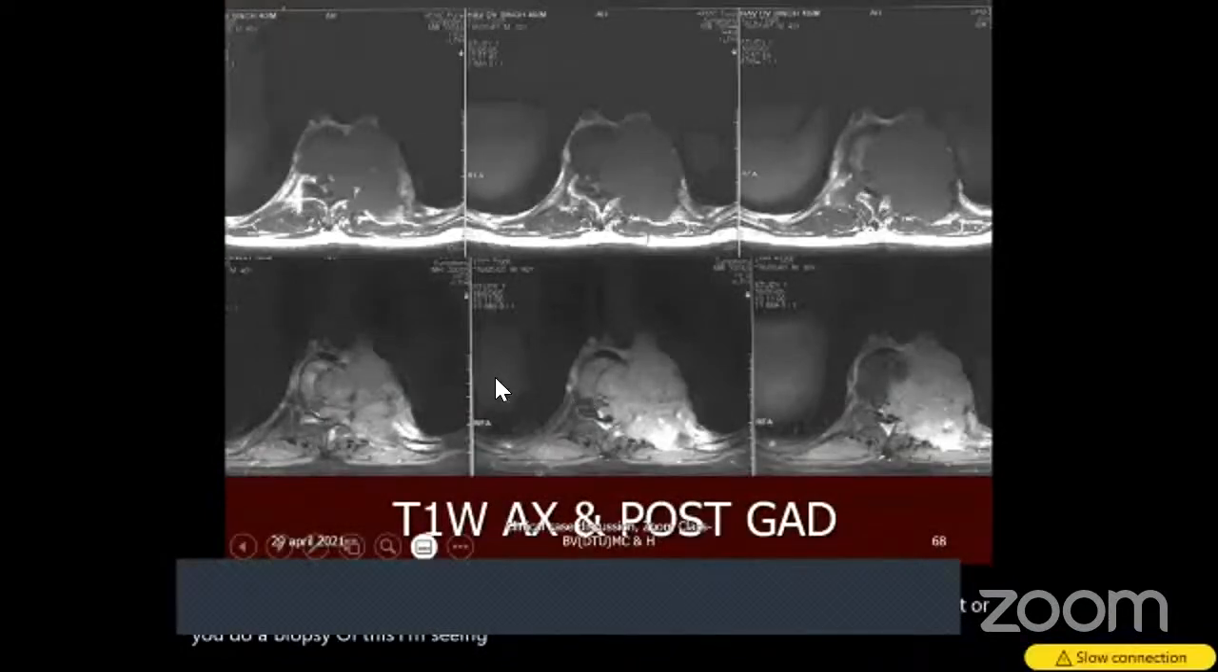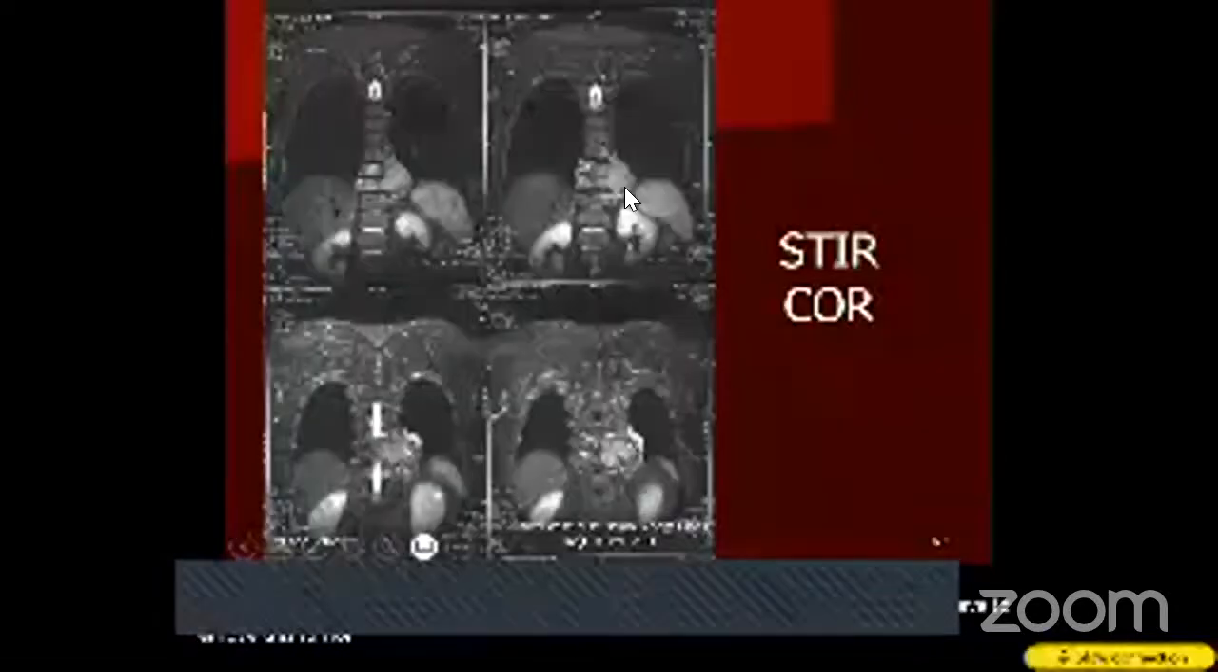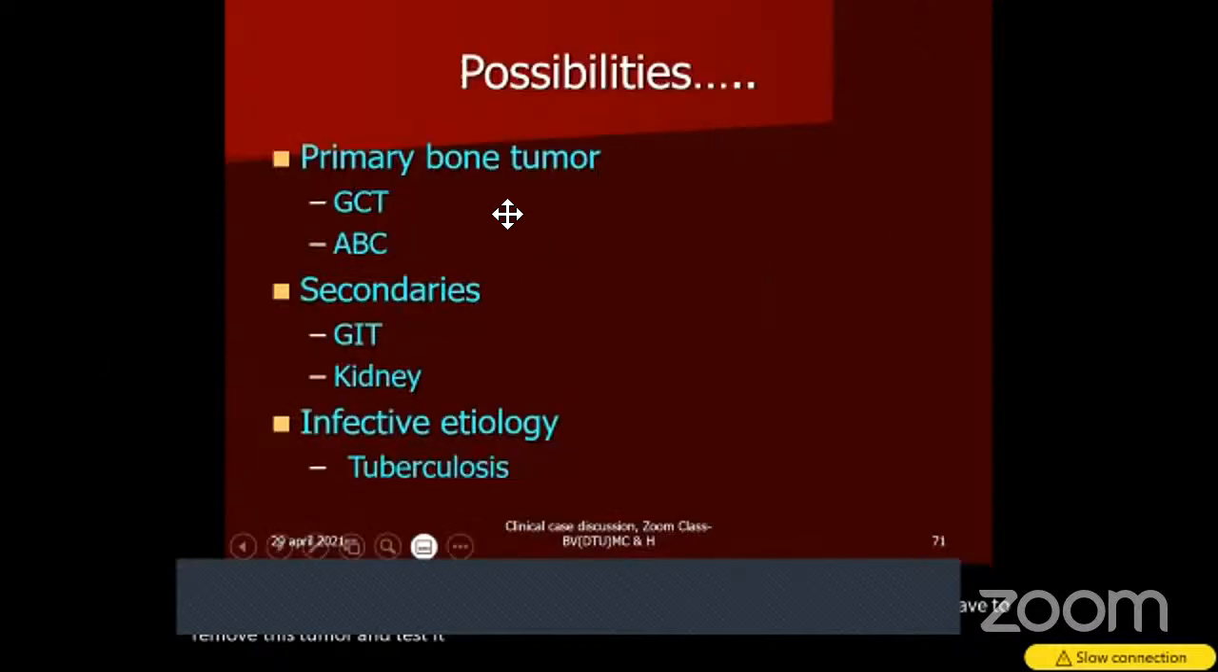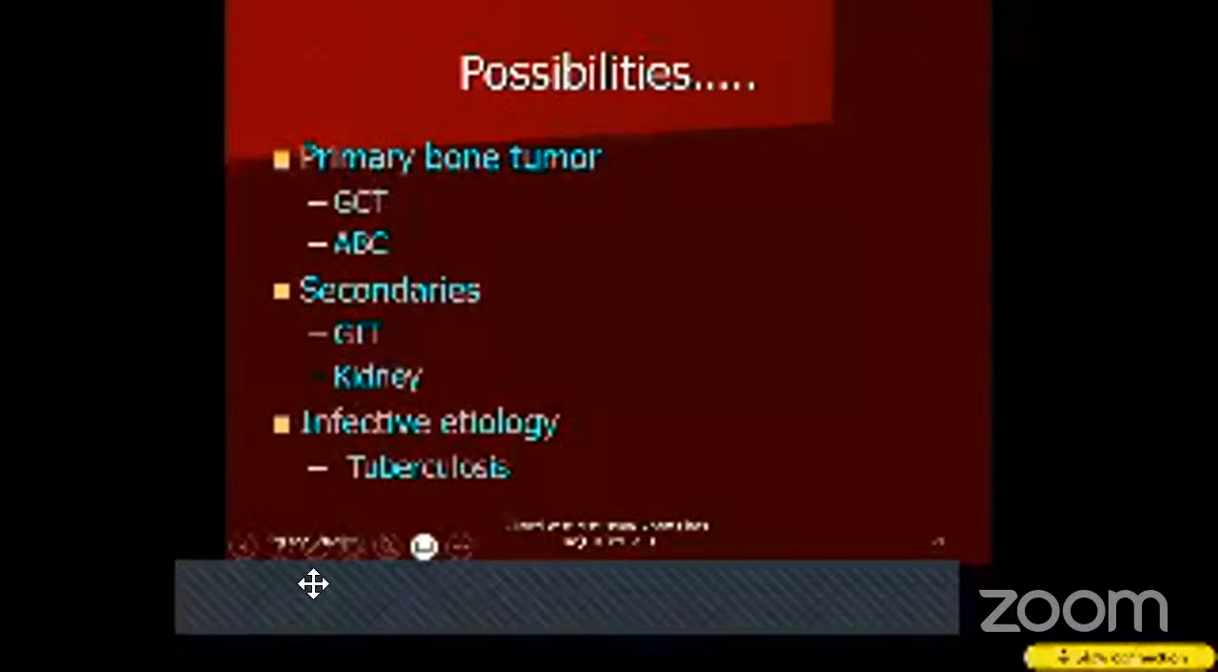And you can see the still image. You can see the tumor which is occupying the left side, and it is a problem; this tumor has to be removed. So the differential diagnosis could be a primary bone tumor, secondaries from the gastrointestinal tract or kidney, or a giant cell tumor, aneurysmal bone cyst, and infectivity could be tuberculosis. Any of these possibilities are present in this case, and he has got an old infarct in the brain,